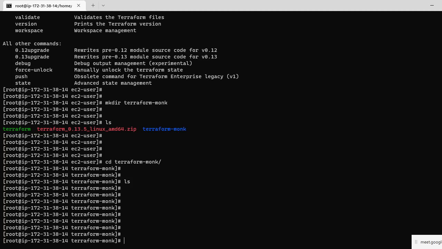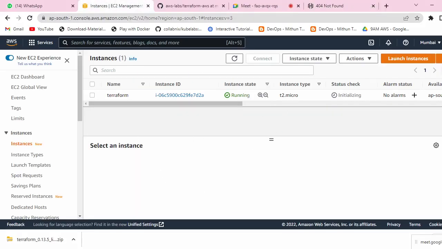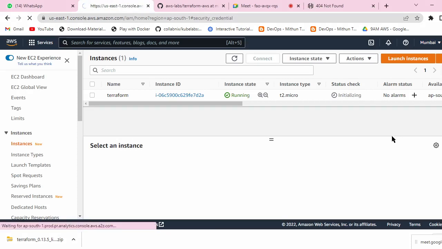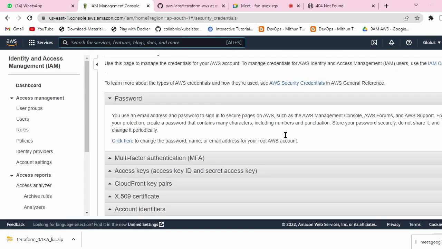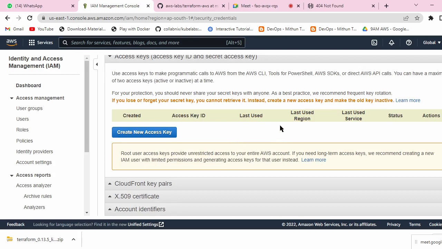Before I create a vi editor file, I need the AWS access key. So just go to the account name here, security credentials, right side, and now access keys. This is your access keys.